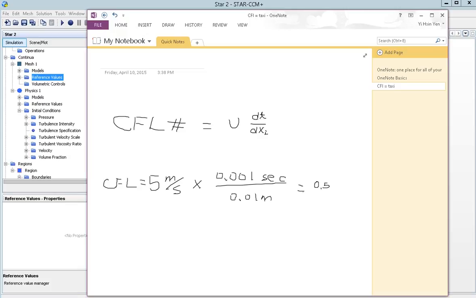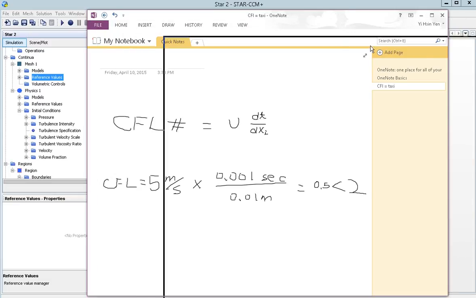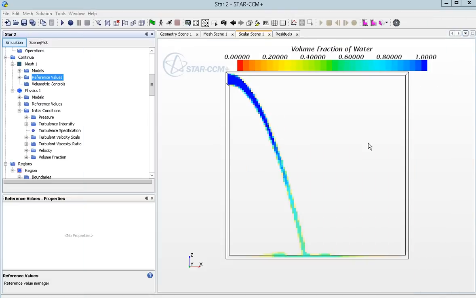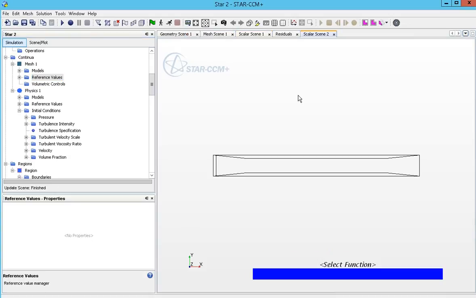Then we have the CFL number equal to 0.5, which means we are good here because this number is less than the stable criteria. So let's check. You could also check the CFL number right here. Let's just open a new scalar view right here,